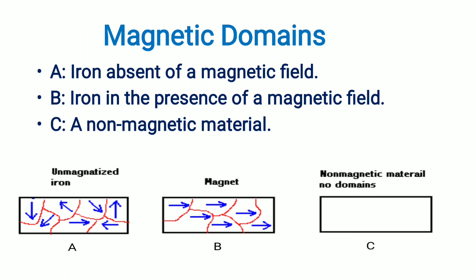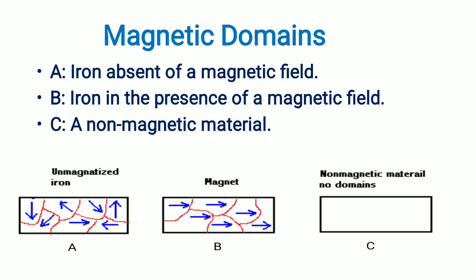So you can see the three pictures down there. In an unmagnetized iron, the magnetic directions of individual dipoles or molecules are different, so they cancel. But if you keep that iron material in an external magnetic field,